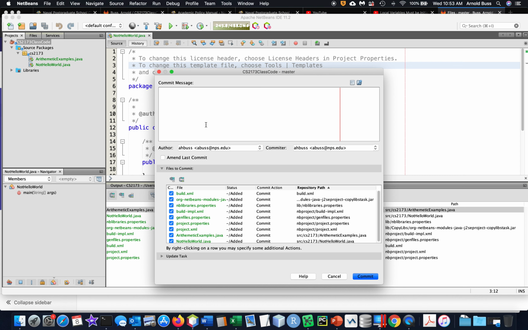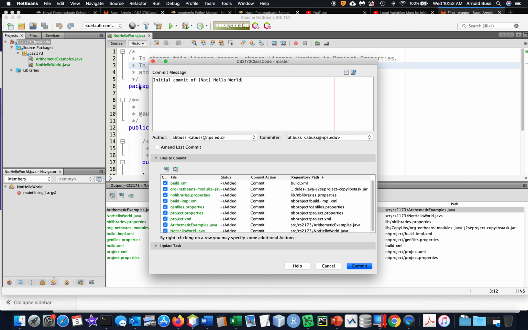So we'll just say initial commit of not hello world. And that's pretty much all we had. Your commit message should not be too verbose. It should be just enough to say, okay, what was this about? Why did you do this? All right, now, assuming everything is in order,